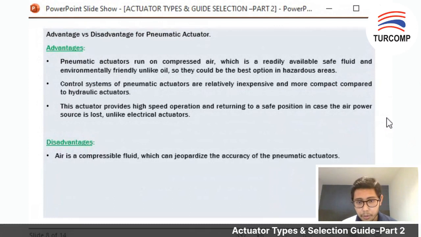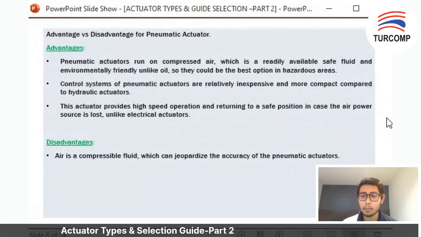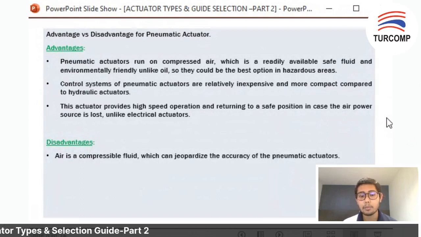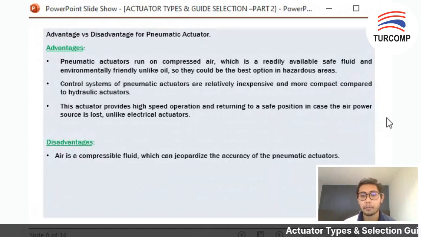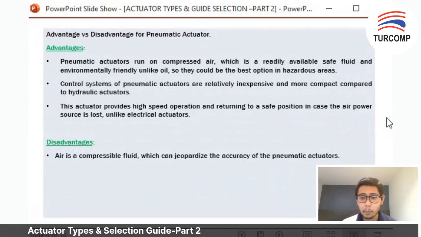So the control system of pneumatic actuator is relatively inexpensive compared to hydraulic actuator. So we have it in the mid-range lah. We are not going to use a lot of expensive instruments. This actuator provides high-speed operation and returning to a safe position in case the air power source is lost,